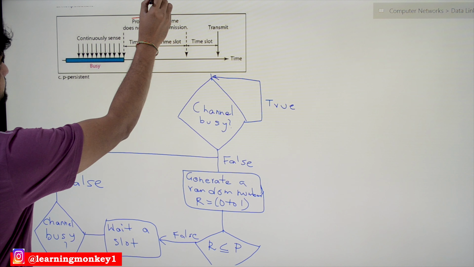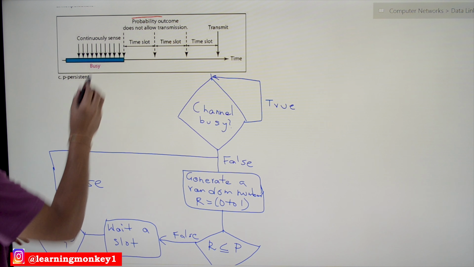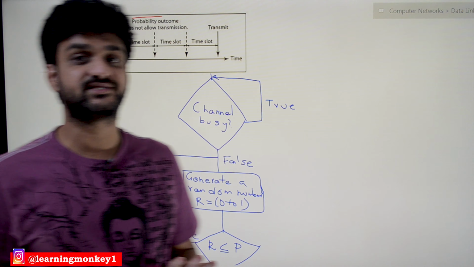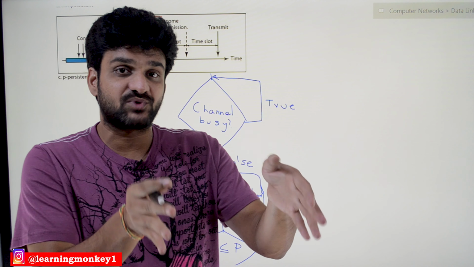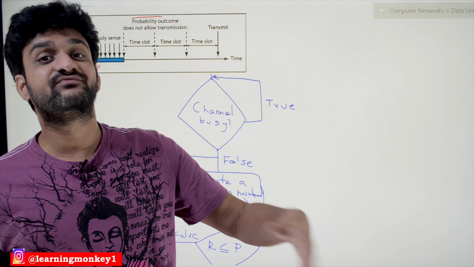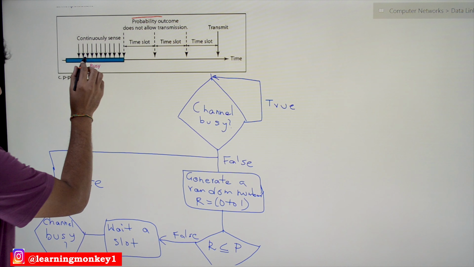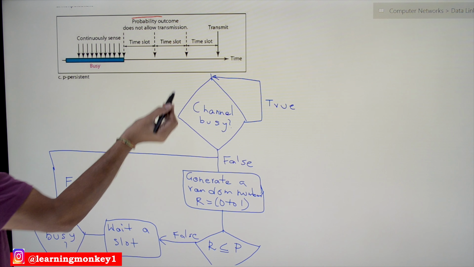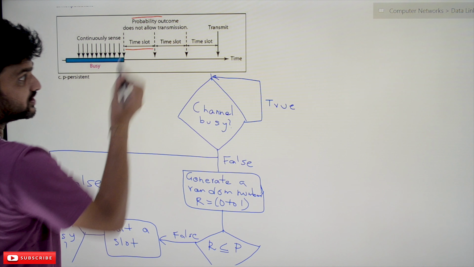What happens in p-persistence is that it will continuously sense the channel, same as one-persistence. Whenever the channel is free, it is going to wait for the next time slot. One more thing to understand is that p-persistence is applicable only if time slots for the transmission are provided within the transmission mechanism. When the station finds that the channel is idle, it is going to wait for a time slot,